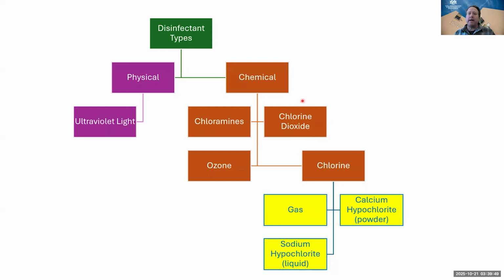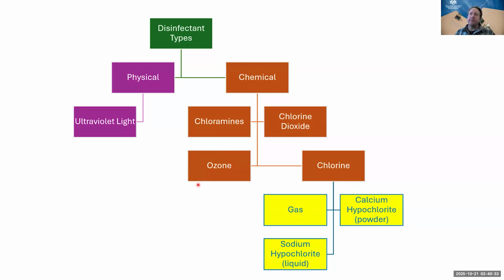We also talked about chlorine dioxide and how larger systems that are surface water might use it. You remember it's generated on site, and it's good at addressing taste and odor issues caused by algae and other organisms found in surface water. We talked about ozone, which is also a chemical disinfectant generated on site. It's bubbled through water and disinfects that way, but then it volatilizes off into the atmosphere, so it doesn't stay in the water. Again, it's good as a primary disinfectant, but a chlorine residual may have to be added